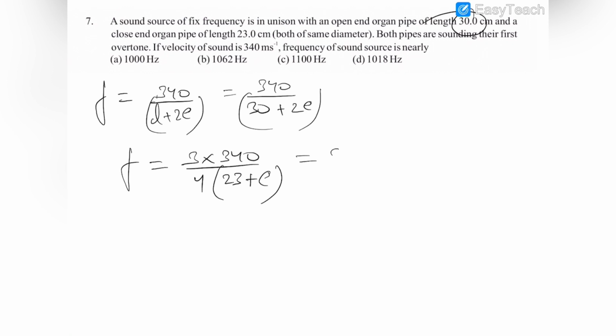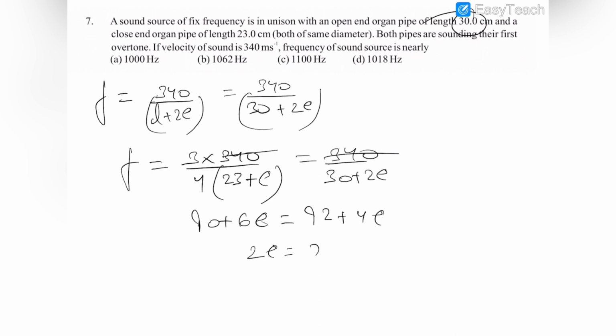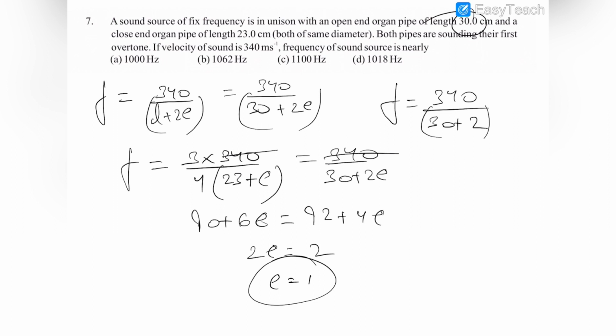So you can equate these two, and this is 30 plus 2E. So cancelling this, it is 90 plus 6E is equal to, this one is 92 plus 4E. So 2E is equal to 2 and E is equal to 1. So the frequency F is 340 upon 30 plus 2. So you can see that this frequency will be 340 upon 32 into 10 raised to power minus 2,